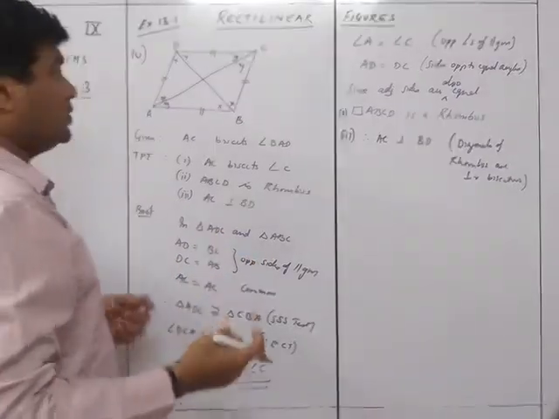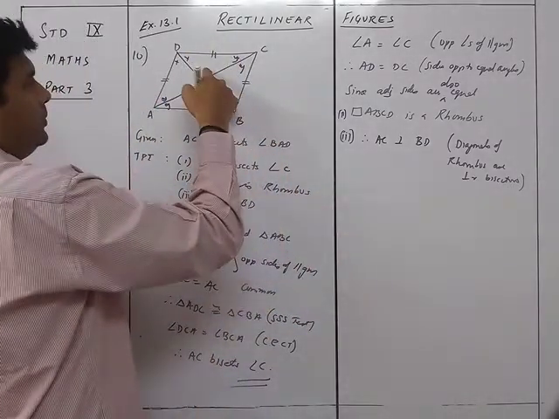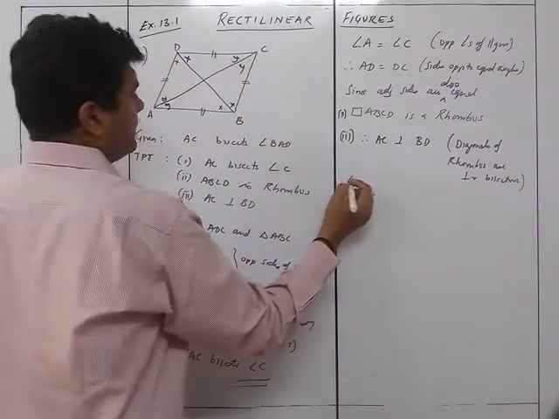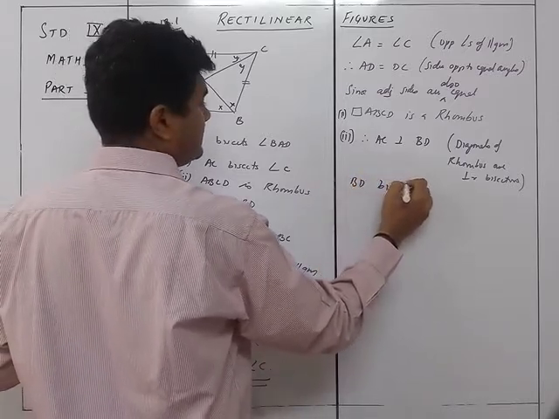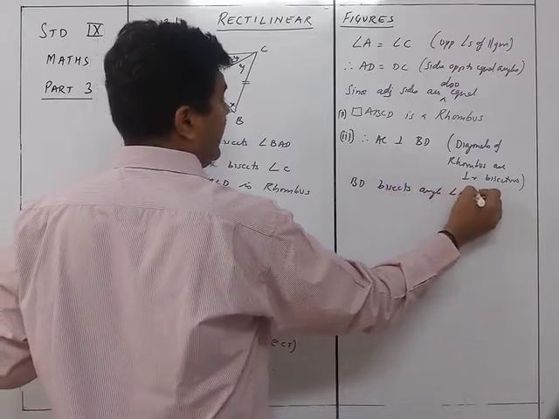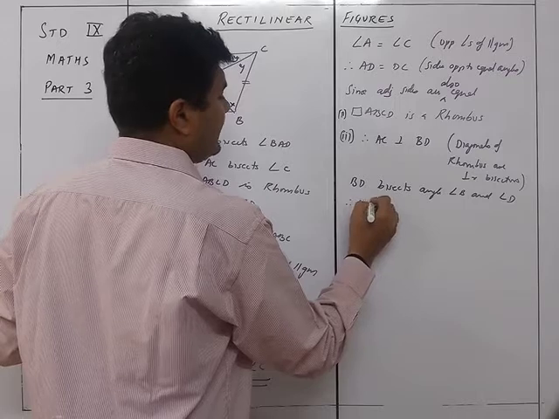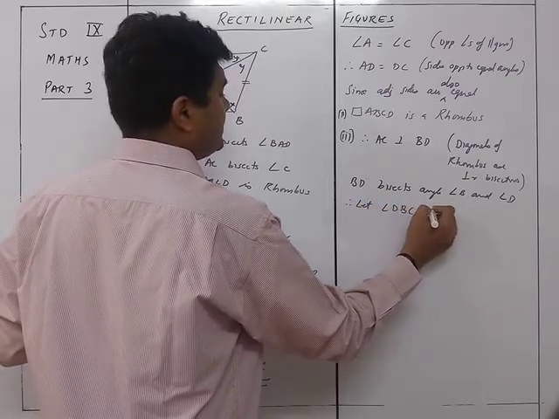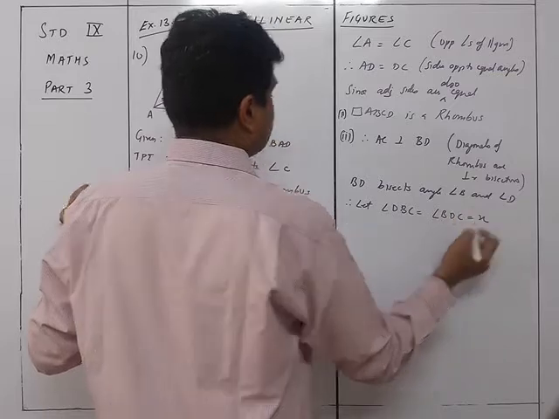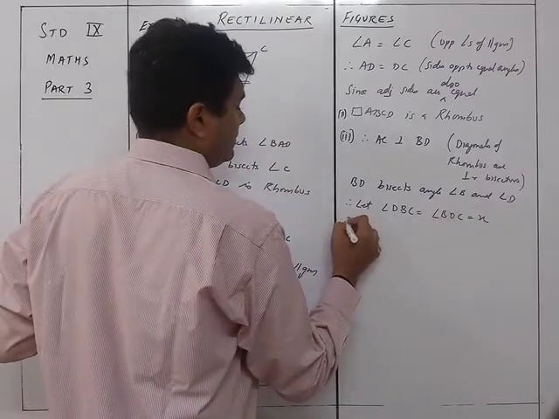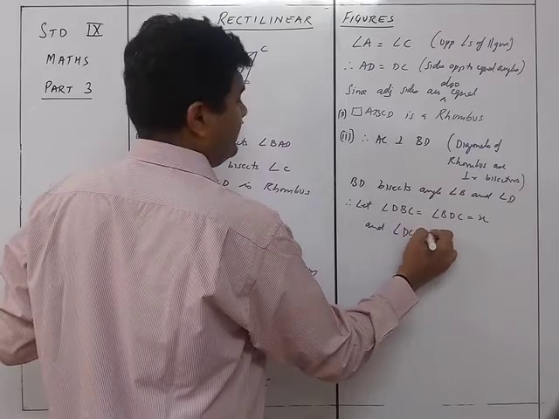So in case you need to solve it, in that case we can just directly say that we have over here that angle B, okay, we can say that BD bisects angle B and angle D. So therefore, let angle DBC is equals to x, DBC is equals to angle BDC is equals to x. Therefore, angle DCB is equals to 2y.